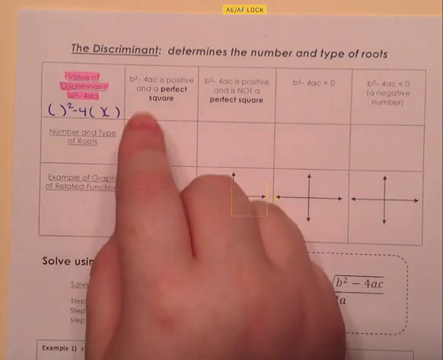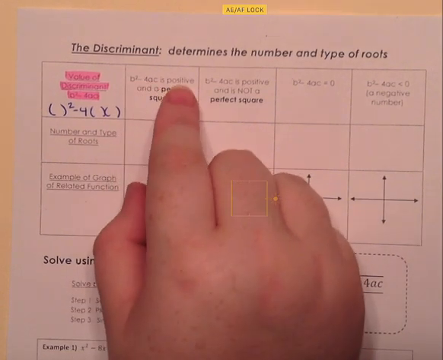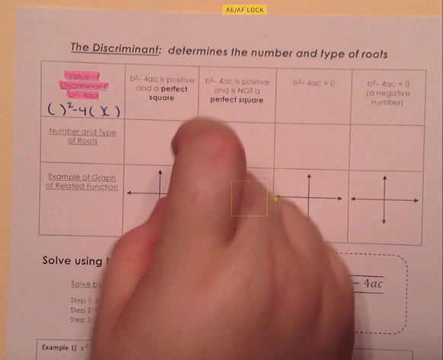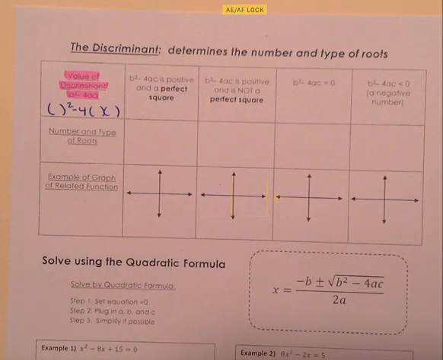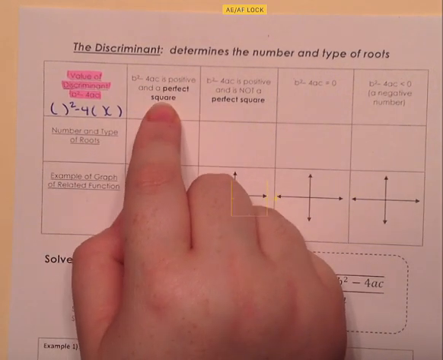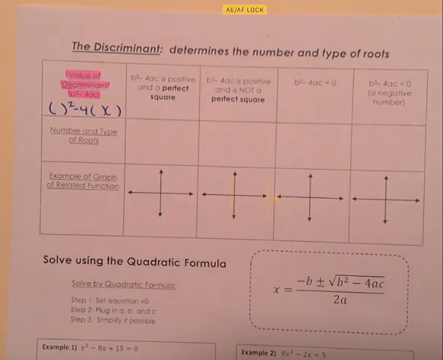Now, if your b squared minus 4ac is positive and it is a perfect square. A perfect square is when you have 1 squared, 2 squared, 3 squared. It's going to be your 1, 4, 9, 25, 36, all the way up until you can't go any further. But if it's a perfect square, that's what's important about it. It's positive and a perfect square. That means that your quadratic